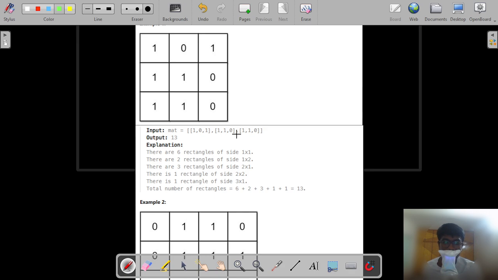So 1 by 1 is nothing but just a cell with the number 1 only. So we see 6 values which contain only ones, and two rectangles of 1 by 2. This and this one are the two rectangles which contain one row and two columns of all ones, and 2 by 2 is only 1, while 2 by 1 is 3, 1, 2, 3, right? So those are the three rectangles, and 3 by 1,